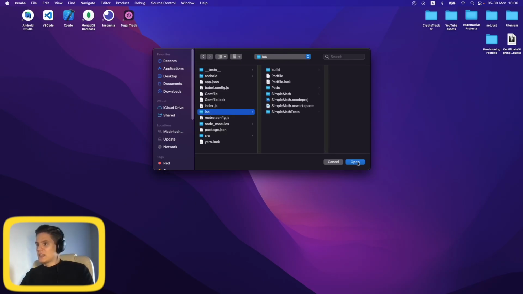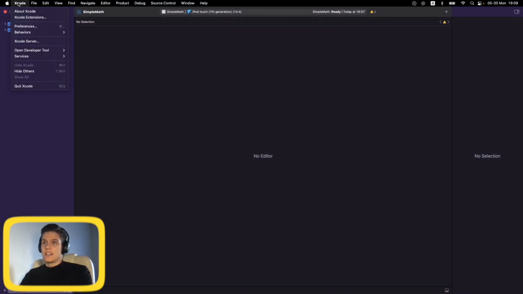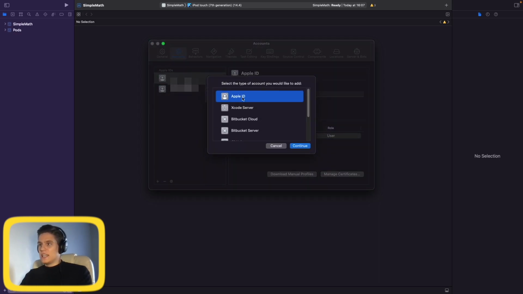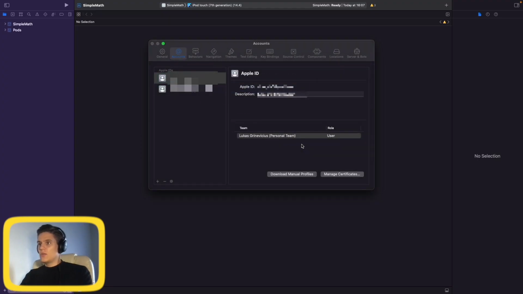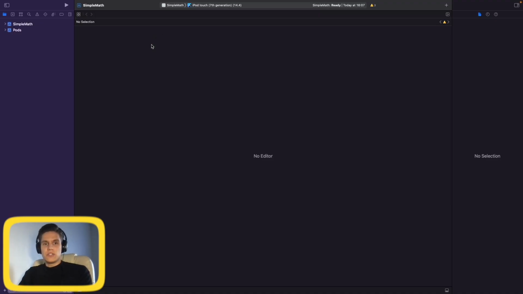After selecting, click open, and once the loading is finished, we can click on here Xcode, preferences, navigate to accounts tab and click here to add a new account. Select Apple ID, click continue, and log in with the account that you just created for your Apple developer account. I already did that, so I'll close this. After you're logged in,